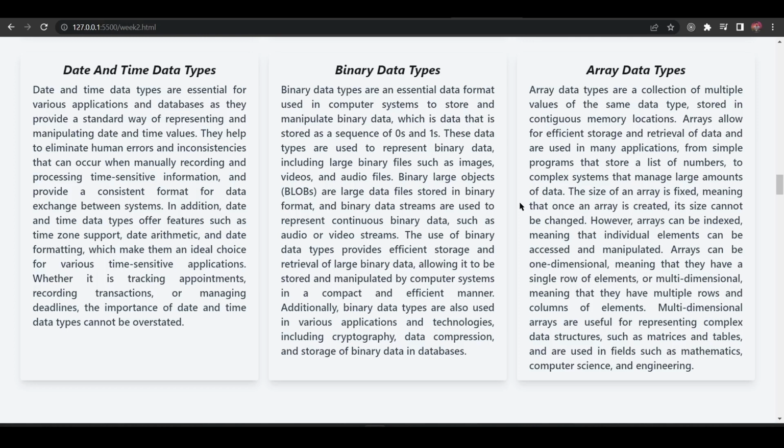However, arrays can be indexed, meaning that individual elements can be accessed and manipulated. So, yung sa mga array, an array is a list. Doon mo ilalagay, kunwari, 1 to 10, ilalagay mo yun sa list. So, ilalagay mo yun dun sa number. Yung 1 to 10 yun na yung mismong array.